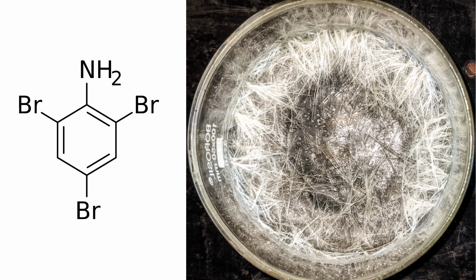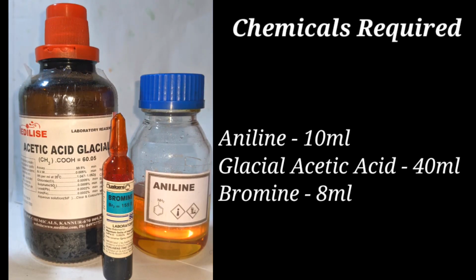Hello friends, in this video we will be synthesizing 2,4,6-tribromoaniline by the bromination of aniline. For this experiment you will need 10 ml of aniline, 40 ml of glacial acetic acid and 8 ml of